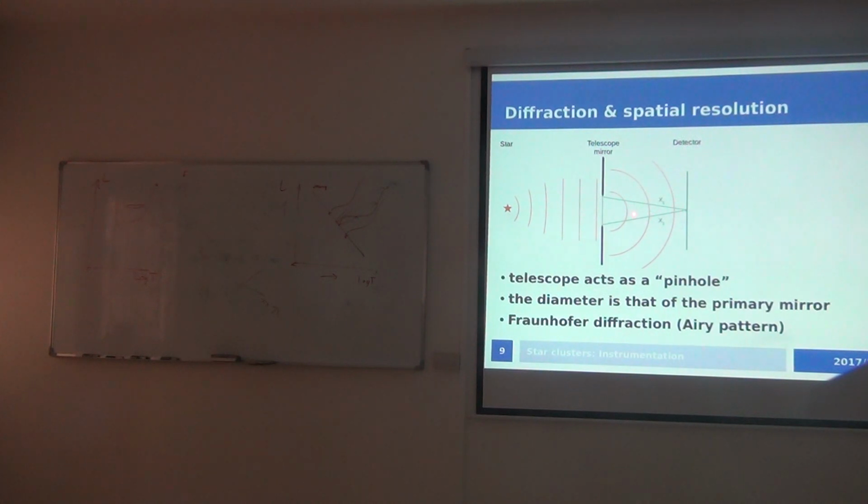light traveling from both sides of your aperture, or our telescope in this case, have the same pathway. So you have constructive interference here, but if we move away from the optical axis, you see that the light traveling from one part of your mirror has a longer way to go than the light from the other part of the mirror. And if this difference in path length, dx, I label